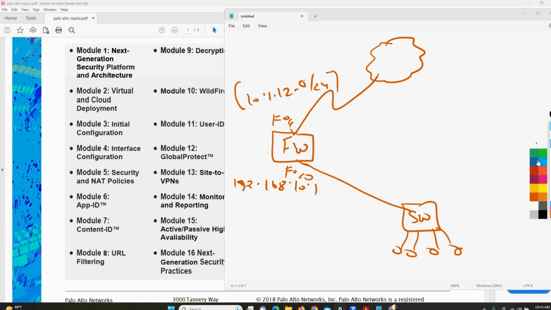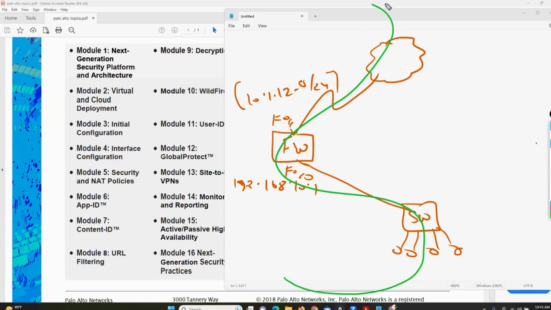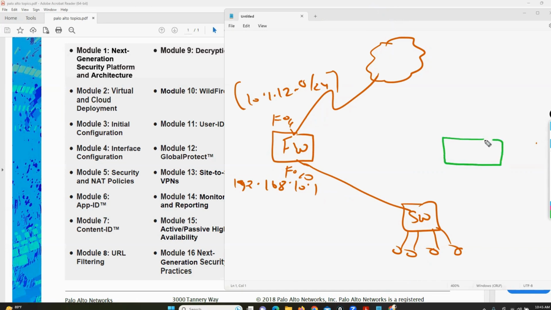Traffic is traveling through the firewall device. But in this small topology, we have a single firewall box. In case this box goes down, then you lose your connectivity. Your LAN users cannot go to the internet site. They cannot access internet services. That is the issue. That's why, for backup or for high availability, you can deploy one more